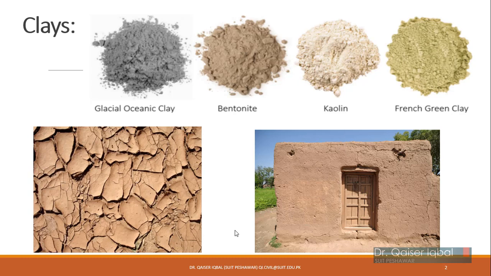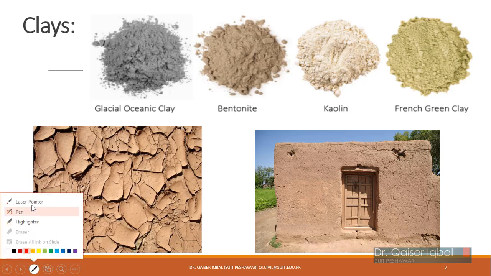Clays are basically the result of chemical weathering of their parent rock, which means that the parent rock is chemically changed into the material forming clay soil. Because of this chemical weathering, the various chemical weathering processes will result in different types. Many times you see clays have different colors as well, like over here you can see a